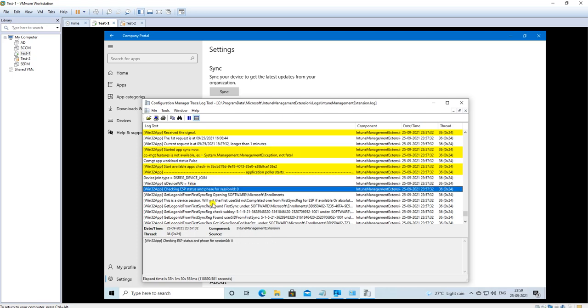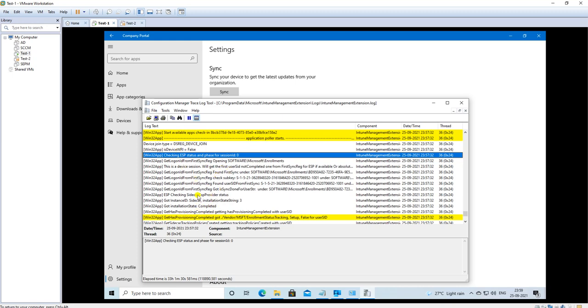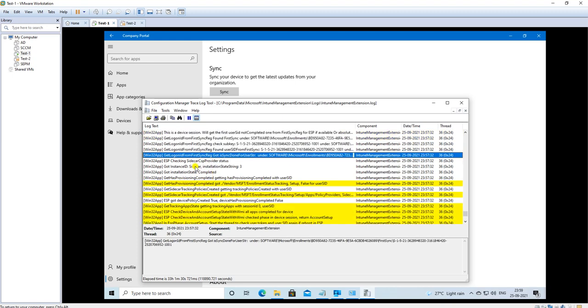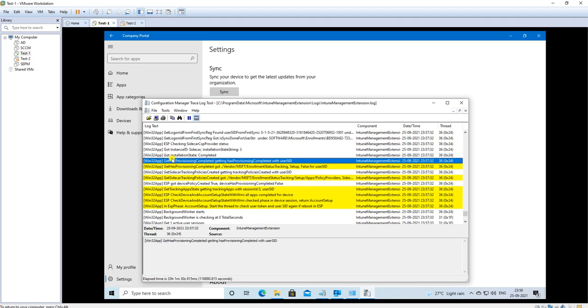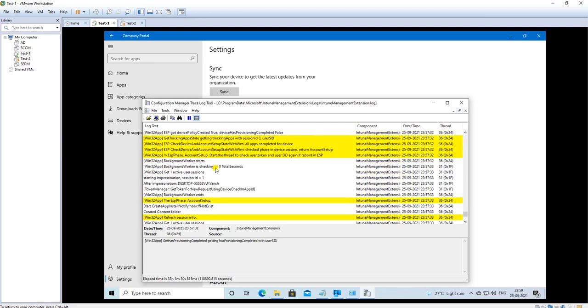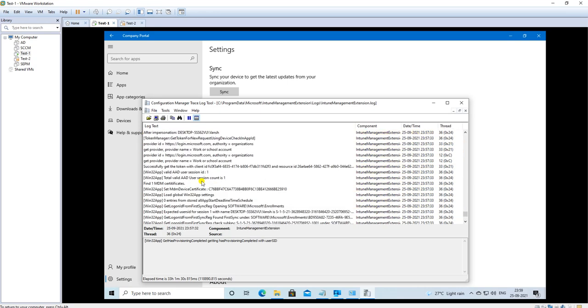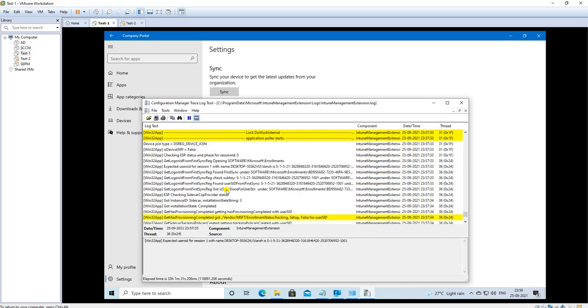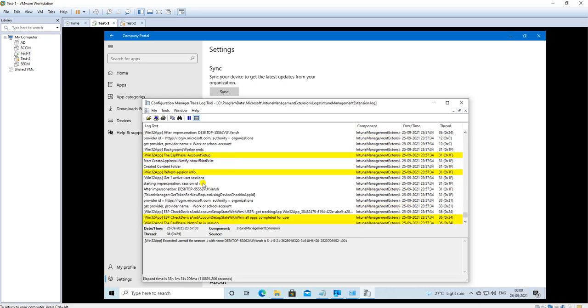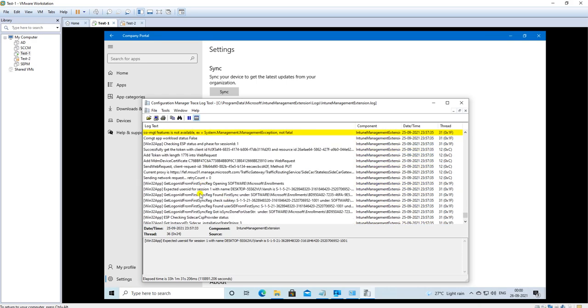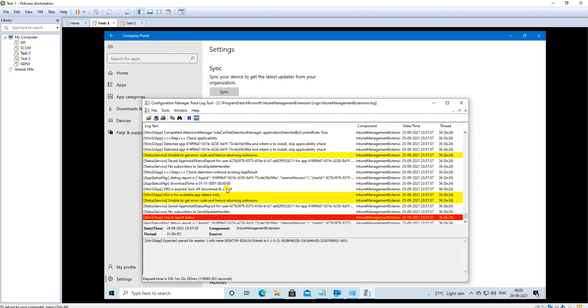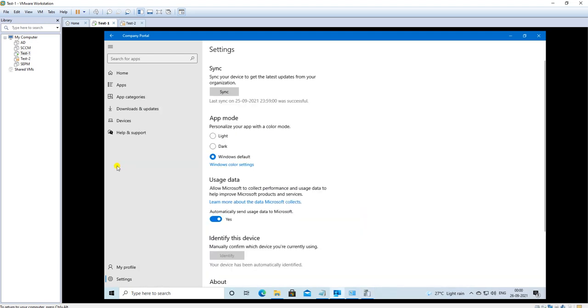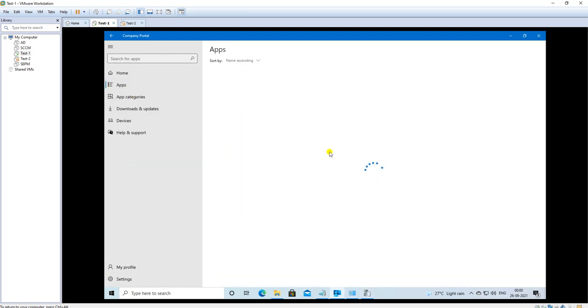If you have any red color here, you can just read that. If it is all white, then we are almost good. Now here is the installation state completed, and this will give you details on whether the policy is reaching this machine or not, so you can verify all those things here. These are the policies it's getting from the Intune portal. Let me go quickly to the console and see whether it got the policy or fetched the details.